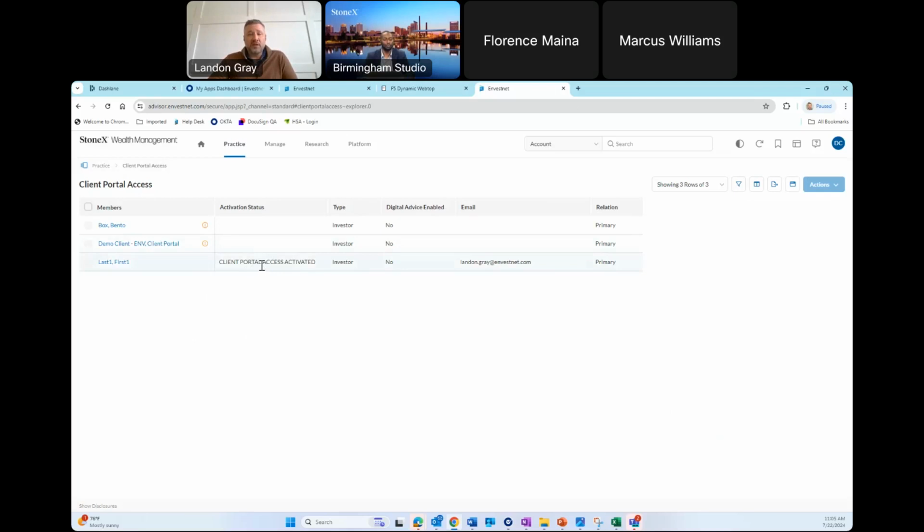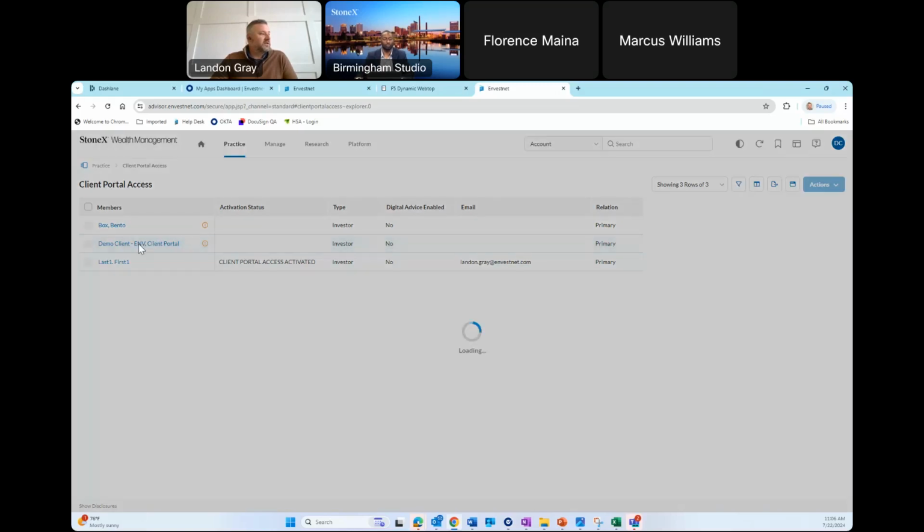If they already utilize the Envestnet client portal, the legacy portal, they will have access with the same username and password to the new client portal. So there's no need to sign up anyone who's already on the client portal. What we'll look at today is for new members that we want to sign up. You'll notice here under the alert, it says to enable client portal, add your client's email. And we can see that I don't have an email for this specific investor. So if I go to this investor,